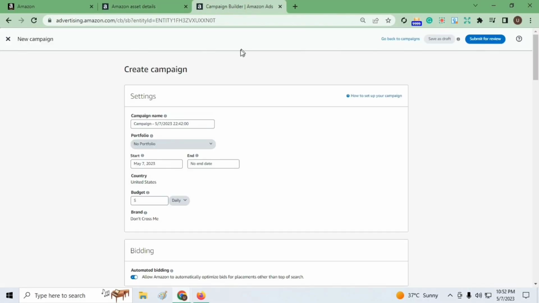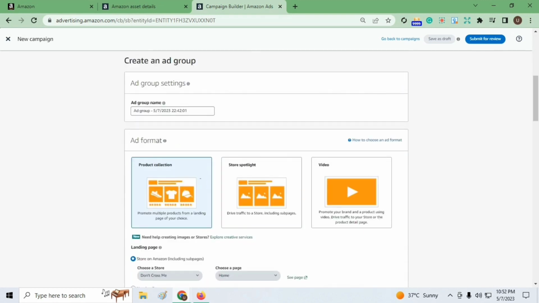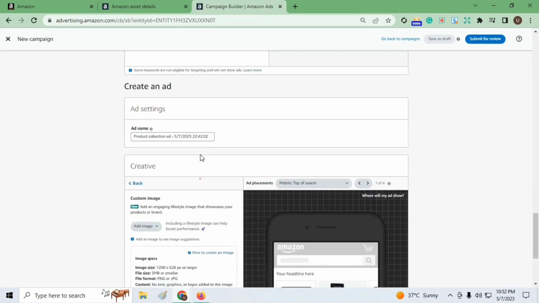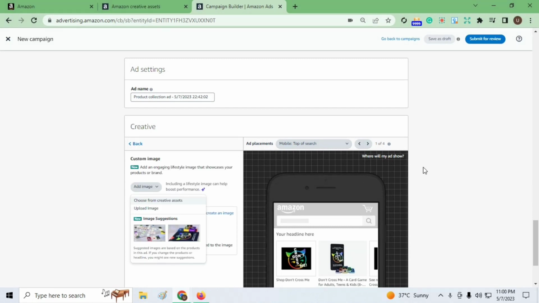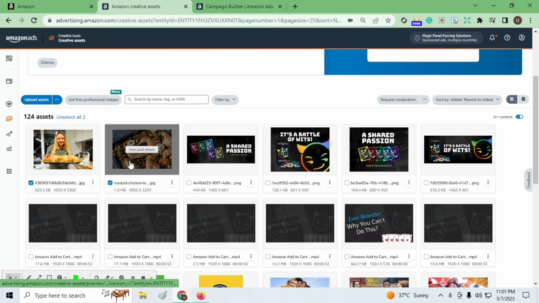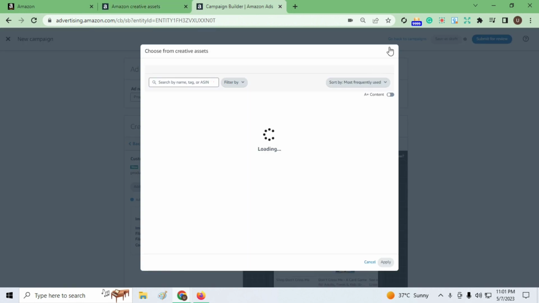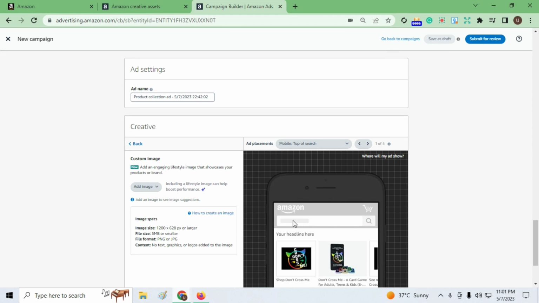As you can see, if we just go ahead and create a campaign from sponsored brands, let's just keep it the same, scroll down to the bottom, and you can see here there are normally options available. Custom image is usually optional, but whatever is optional, you should basically use it. Click add image and you can choose from creative assets. So it's going to take you to your creative assets to which you just recently imported your images, and you can select those images from here,